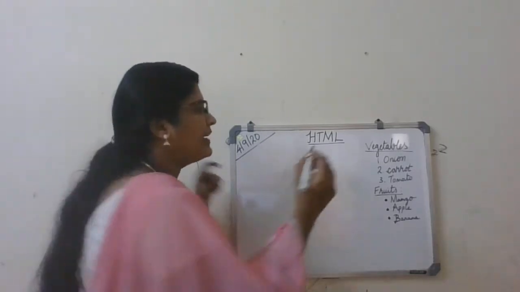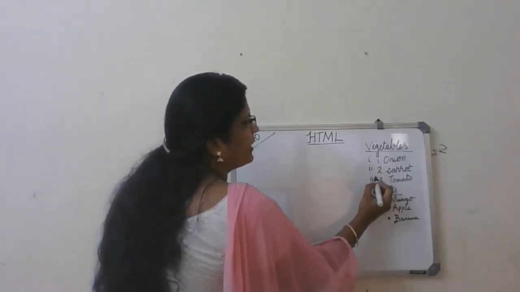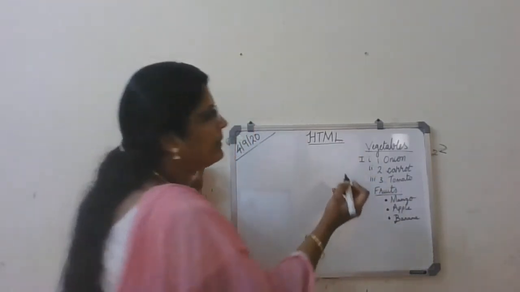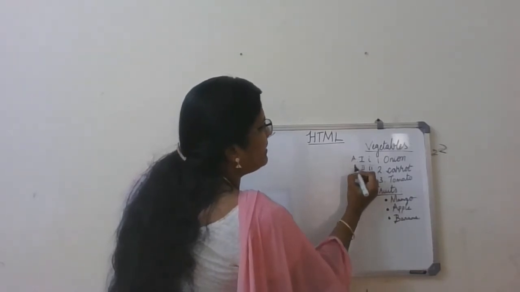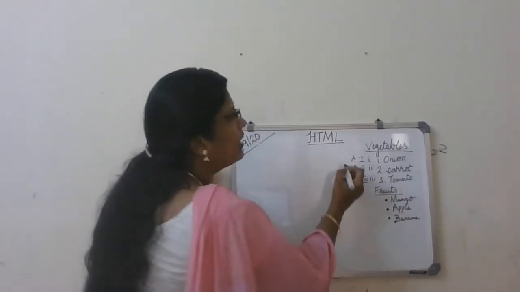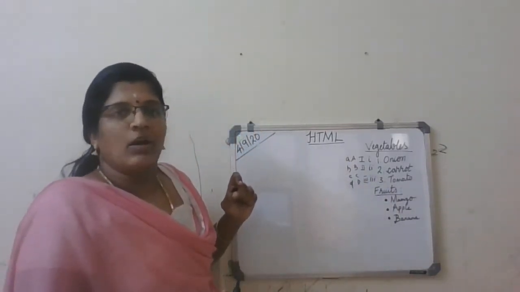Yes. How can we make it? We can make Roman number 1, Roman number 2, Roman number 3, or capital Roman number 1, 2, 3. Or we can make A, B, C, D, which can go on, or we can write small letters. There are many methods. We can list it out, right?